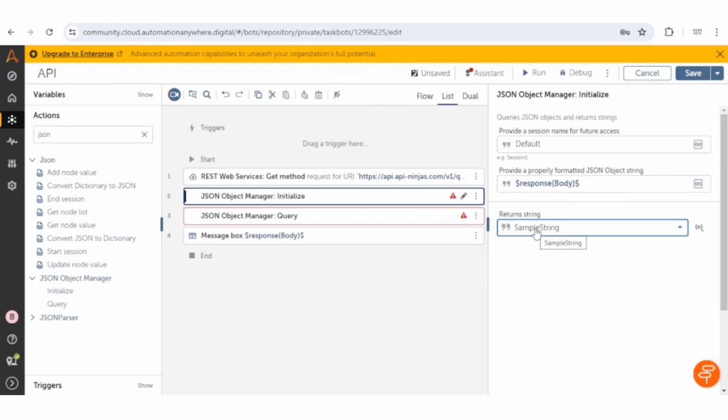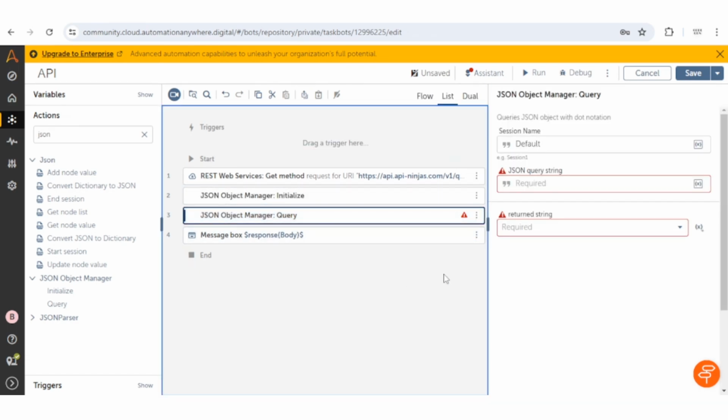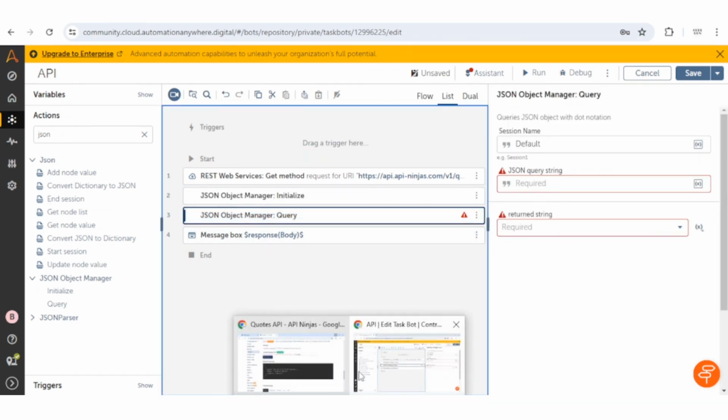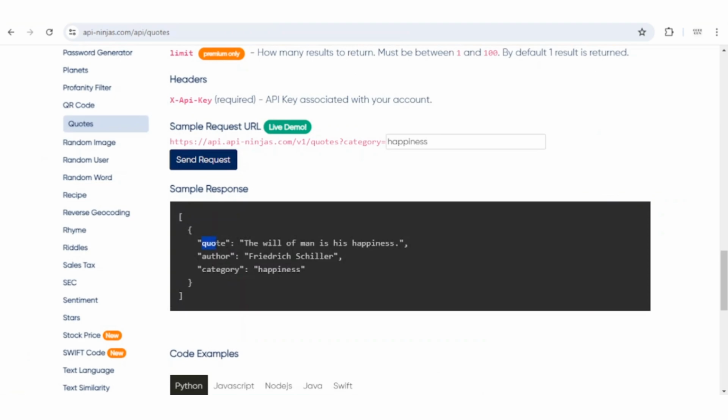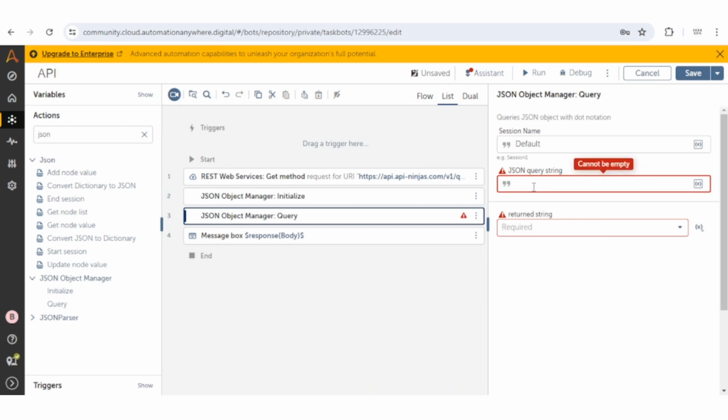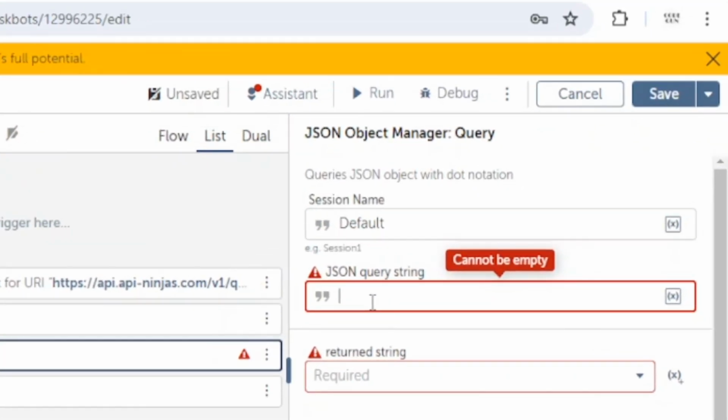And in query, we need to give the value which we want to extract, which means we want to extract this quote, and this quote is available in an array. So we need to give the expression accordingly. For this, we have to give the root element. There isn't any name for the root element, since it is an array.